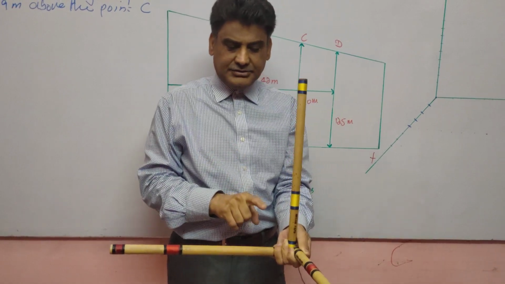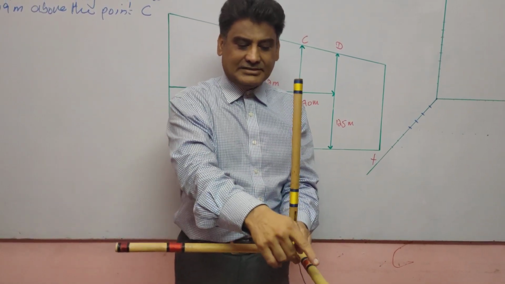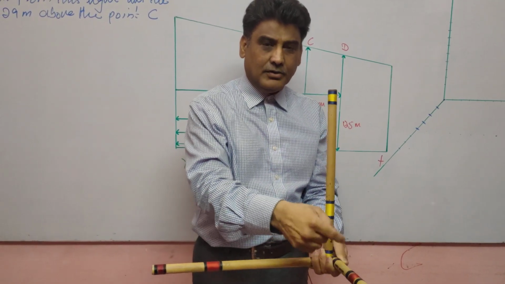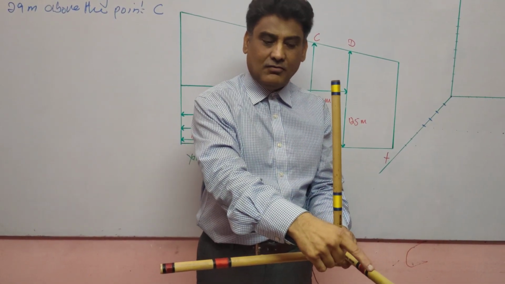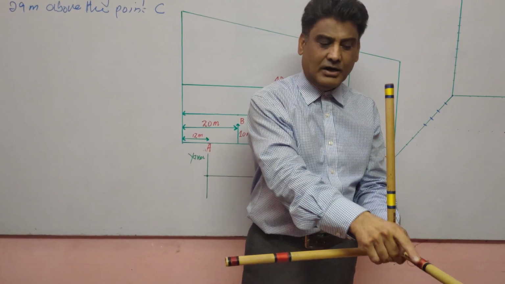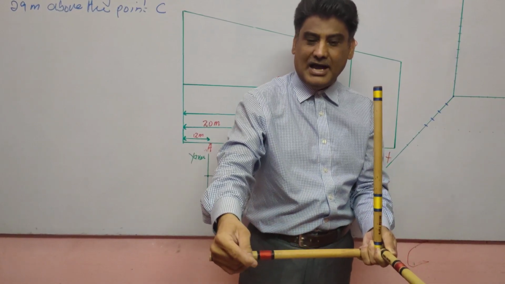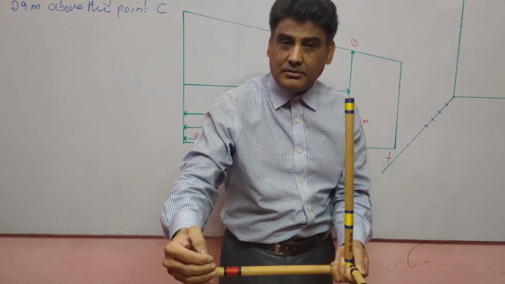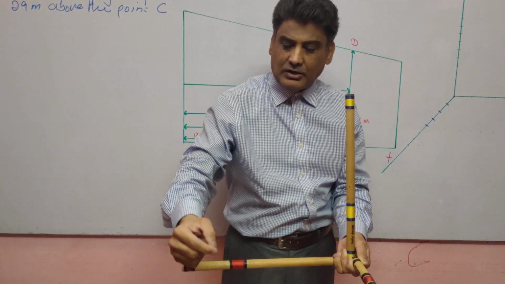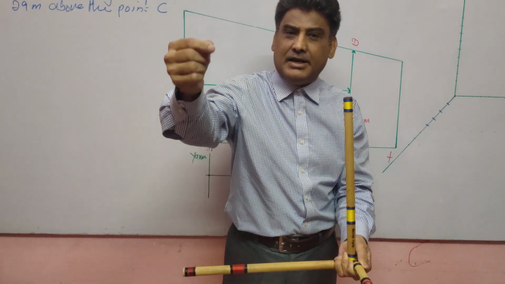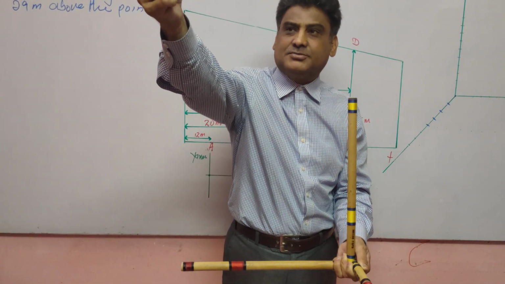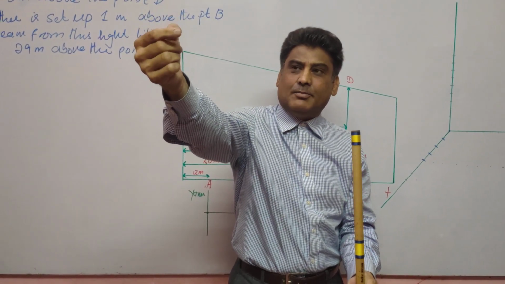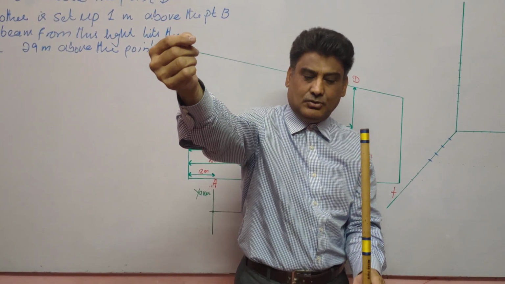This is the x-axis, y-axis, and z-axis. Value of x is 4: we count 1, 2, 3, and 4. Value of y is 7: we start from here, 1, 2, 3, 4, 5, 6, 7. And value of z, we start from here and move in the upward direction, value of z which is 10: 1, 2, 3, 4, 5, 6, 7, 8, 9, 10. This is a point in space. Hence, the coordinate of point P lies in space.